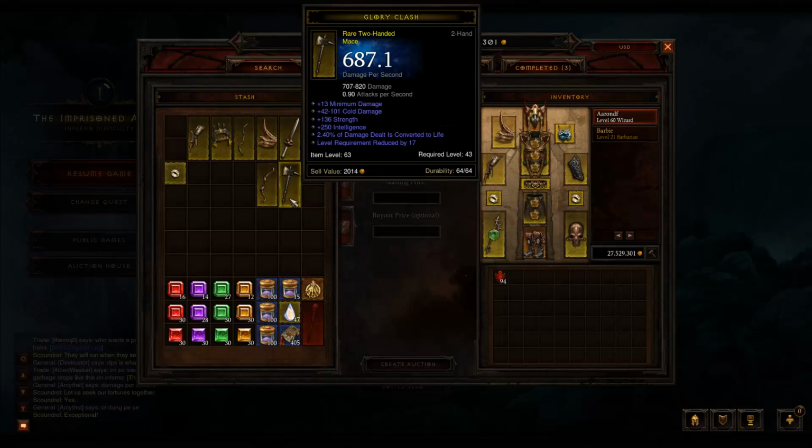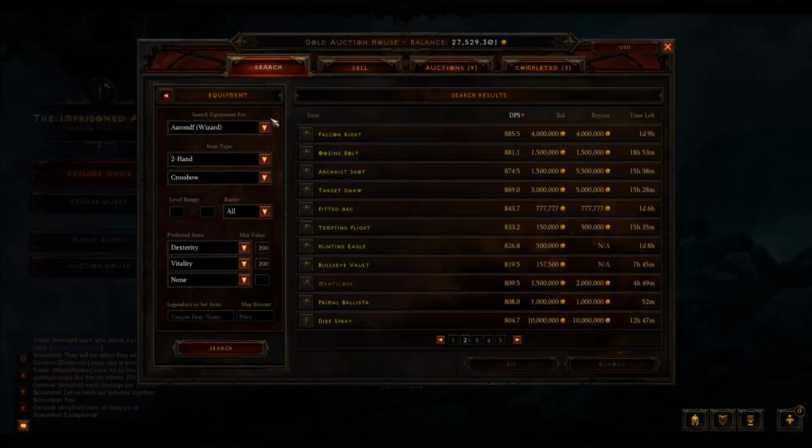Okay, let's look at this reduced level requirement. So we're just going to search for two-handed weapons, period, since no one really cares about some sort of